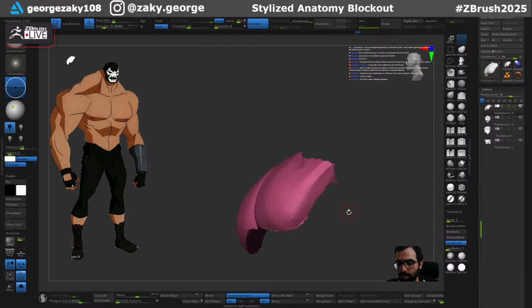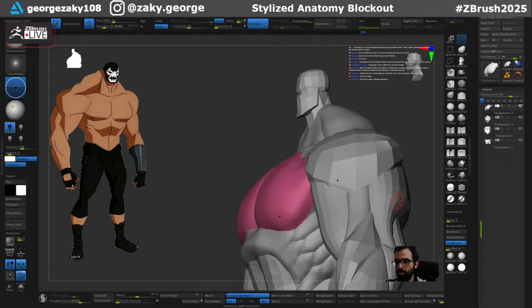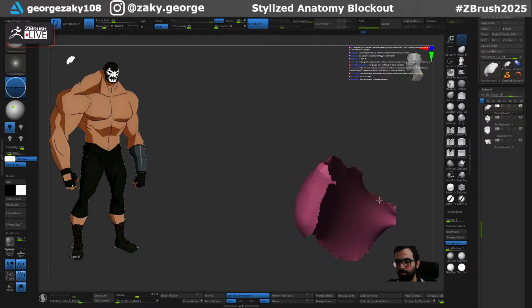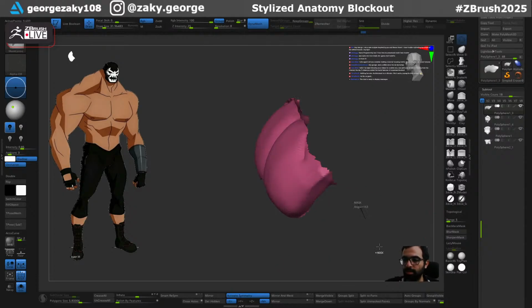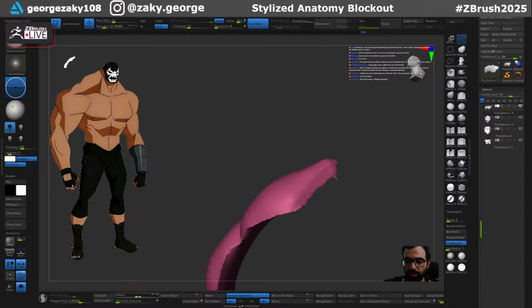Delete hidden. Close holes and using Dynamesh, inflate a little bit here,